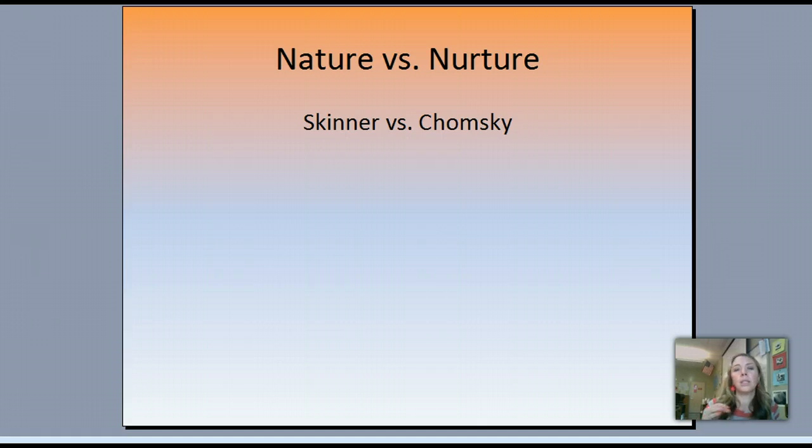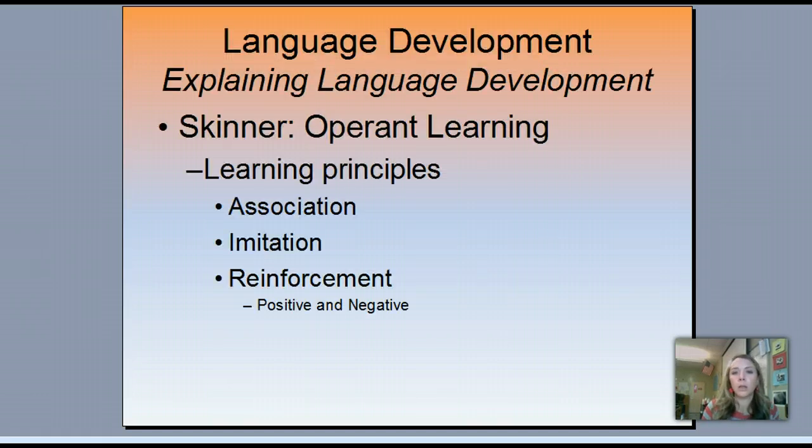So the first one we're going to look at is Skinner, which we've already talked about Skinner with his operant conditioning. So Skinner, B.F. Skinner, wanted to explain language development in the terms of operant learning. Go back and think about what operant learning is. Remember, I'm reinforcing behavior that I want to see while I am punishing behavior that I want to decrease. So reinforcement increases behavior, punishment decreases. So think about this with language. If I'm a child learning language and I want to reinforce that language, think about the first time, if you have any kids in your house or nephews or nieces, the first time a child says a word, there's the immediate,